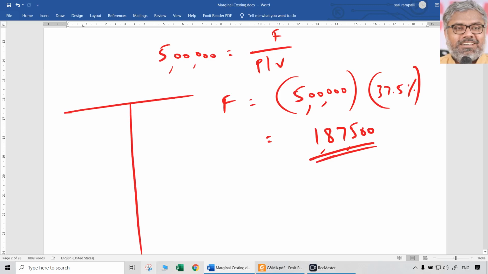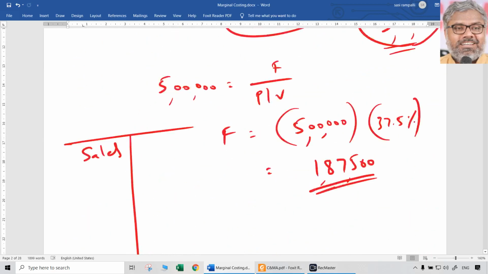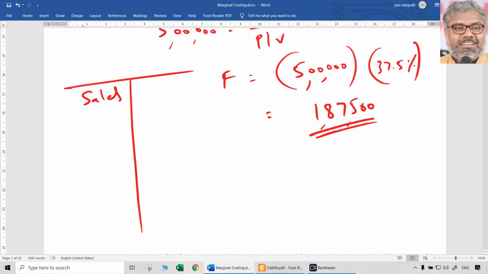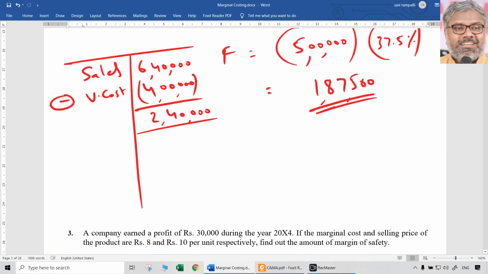So what is the complete scenario for next year? First of all, sales are going to be 6 lakhs 40,000 for the next year. Though the quantity is same, since the price has been reduced, sales have come down to 6 lakhs 40,000. We don't know how much quantity, how much price. It doesn't matter. We know value. Variable cost is going to remain same, that is 4 lakhs. So naturally, contribution is going to be 2 lakh 40,000. You can check that. 2 lakh 40,000 divided by 6 lakhs 40,000 into 100, 37.5% is the PV ratio. Naturally, that is the one for next year.